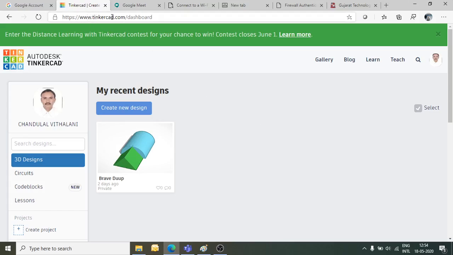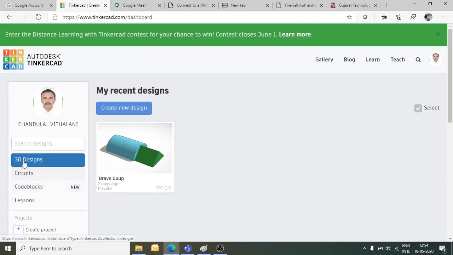You have to create your own account. It requires only your email ID to create the account. You can also log in with your social media ID. I am basically using my Google ID to sign in to this Tinkercad.